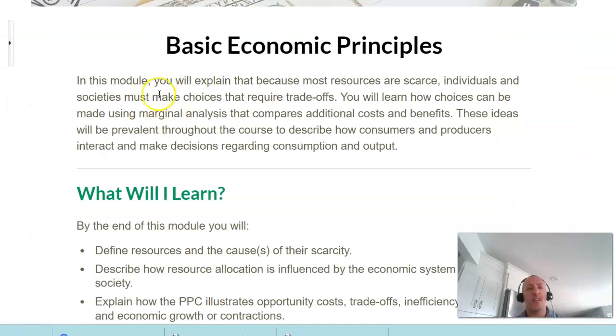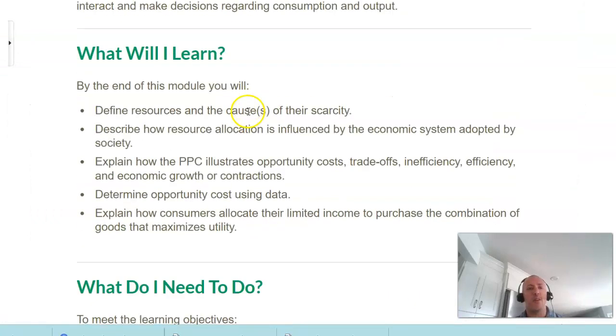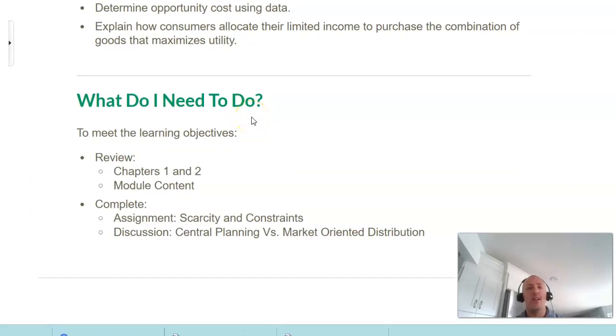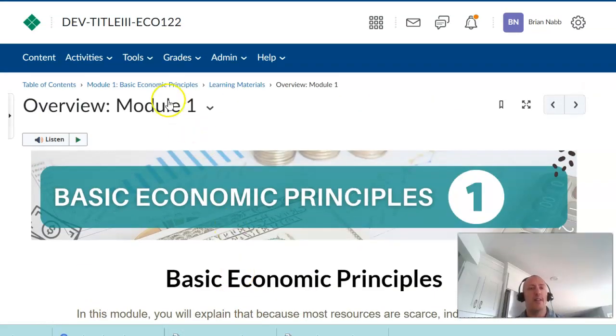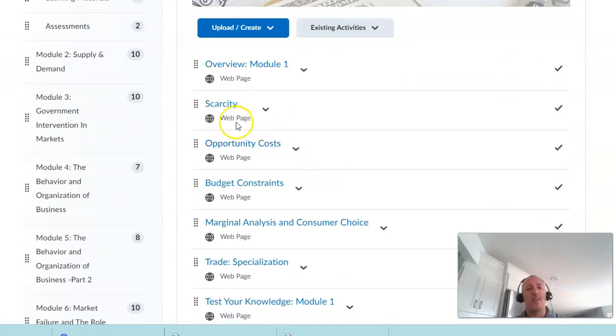Here you will see briefly what this module is about, what you will learn, and what you need to do. Again, those will be linked to complete the assignment and the discussion, and they are linked in this course schedule as well. So once you have the overview, then you get into the topics that are contained within the module.